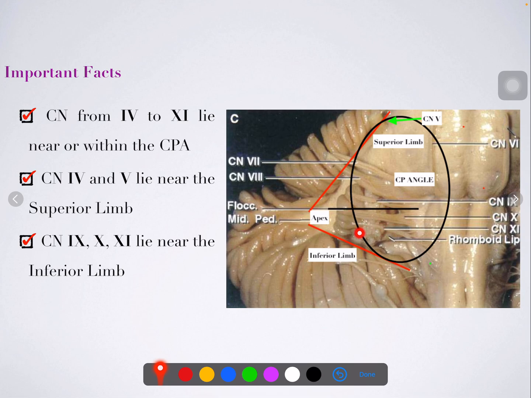Now you can see here, this is the flocculus, right here, and this is the choroid plexus. So to answer our question that we've asked in the second slide, yes, we do have a choroid plexus sticking into the Cerebellopontine angle. How did the choroid plexus come here? Choroid plexus is usually found in the ventricles. So this choroid plexus is part of the choroid plexus of the fourth ventricle that is behind this part here,